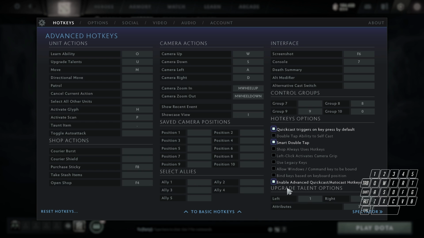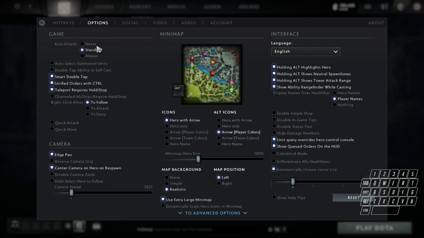It depends. The only thing I'm using, as I said, is quick cast and autocast, and this is a very cool thing, but other than that I'm not using it. So yeah, I think that is actually it. I don't think there are more settings that come down to Dota right now. And I really hope I could give you a small insight into how I'm using my stuff.